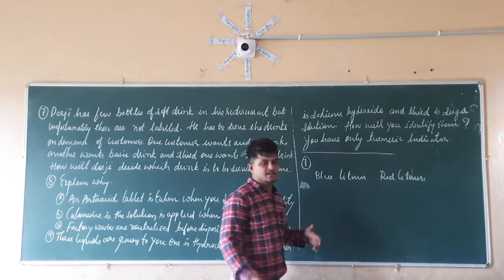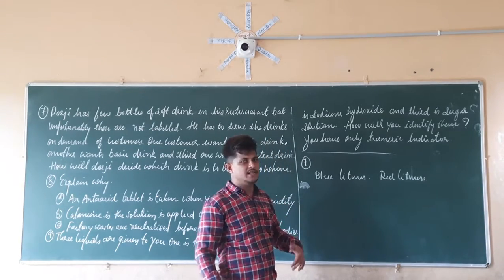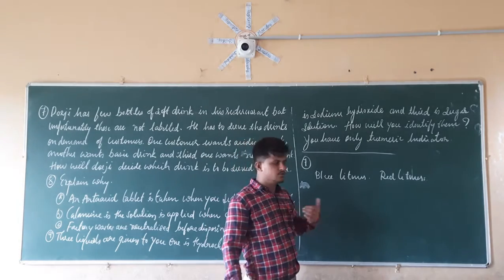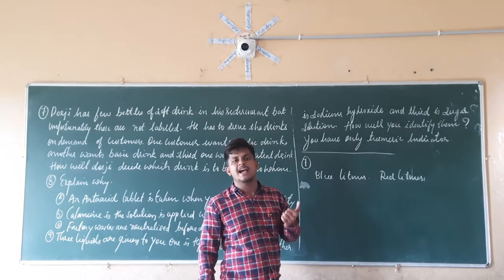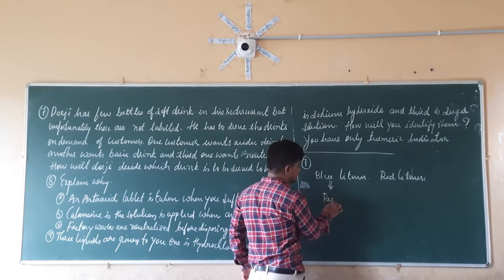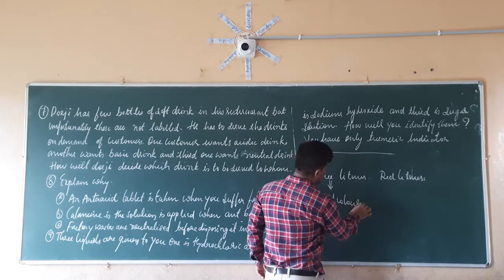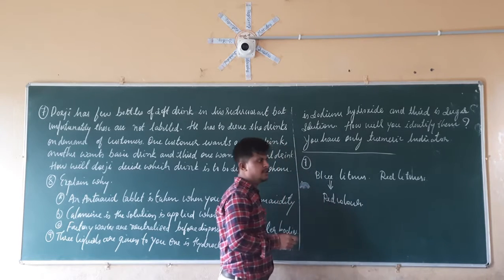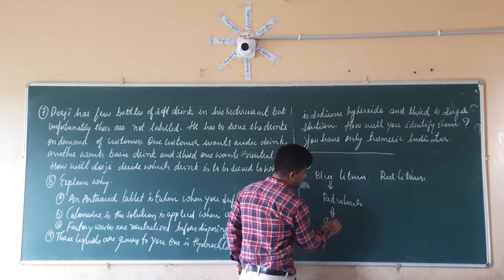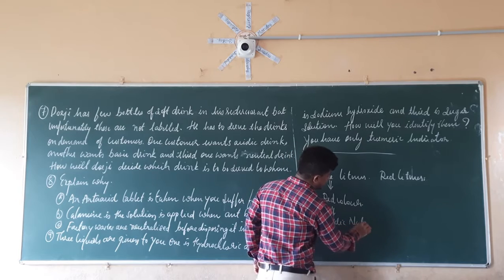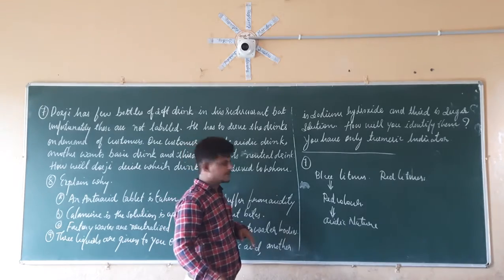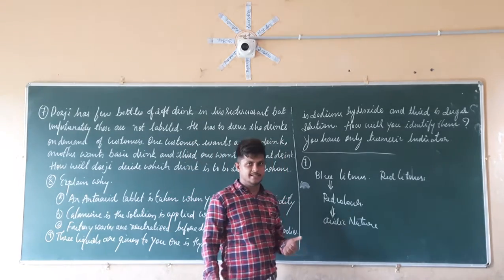Now, in which soft drink does the color of the blue litmus change to red? Then it is acidic in nature. If the blue color changes to the red color when a drop of the soft drink is added, then that drink is acidic in nature. So that drink is going to be served to the first customer. By using the litmus we find out that it is acidic.